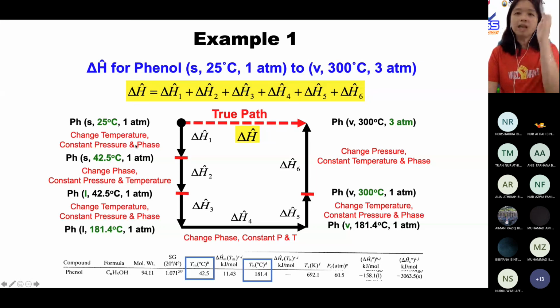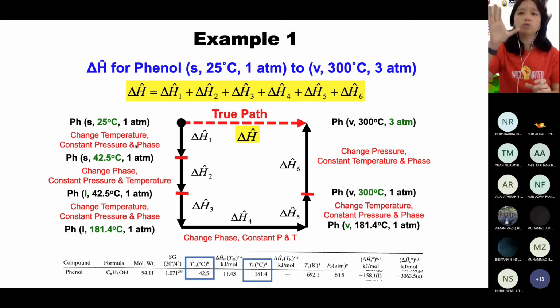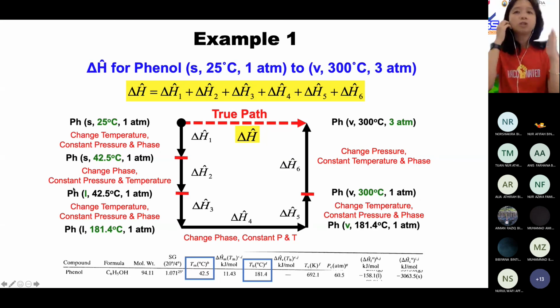So, kamu tengok path yang pertama adalah perubahan suhu. Saya bawa dahulu saya punya compound from 25 to 42.5. Path pertama. When dia dah sampai 42.5, dia bertukar fasa from solid to liquid. Path yang kedua. Kamu tengok path pertama perubahan suhu bawa kepada melting point. Path kedua dah sampai melting point, tukar fasa. So there's a change of phase from solid to liquid. Okay, so now I got liquid at 42.5,